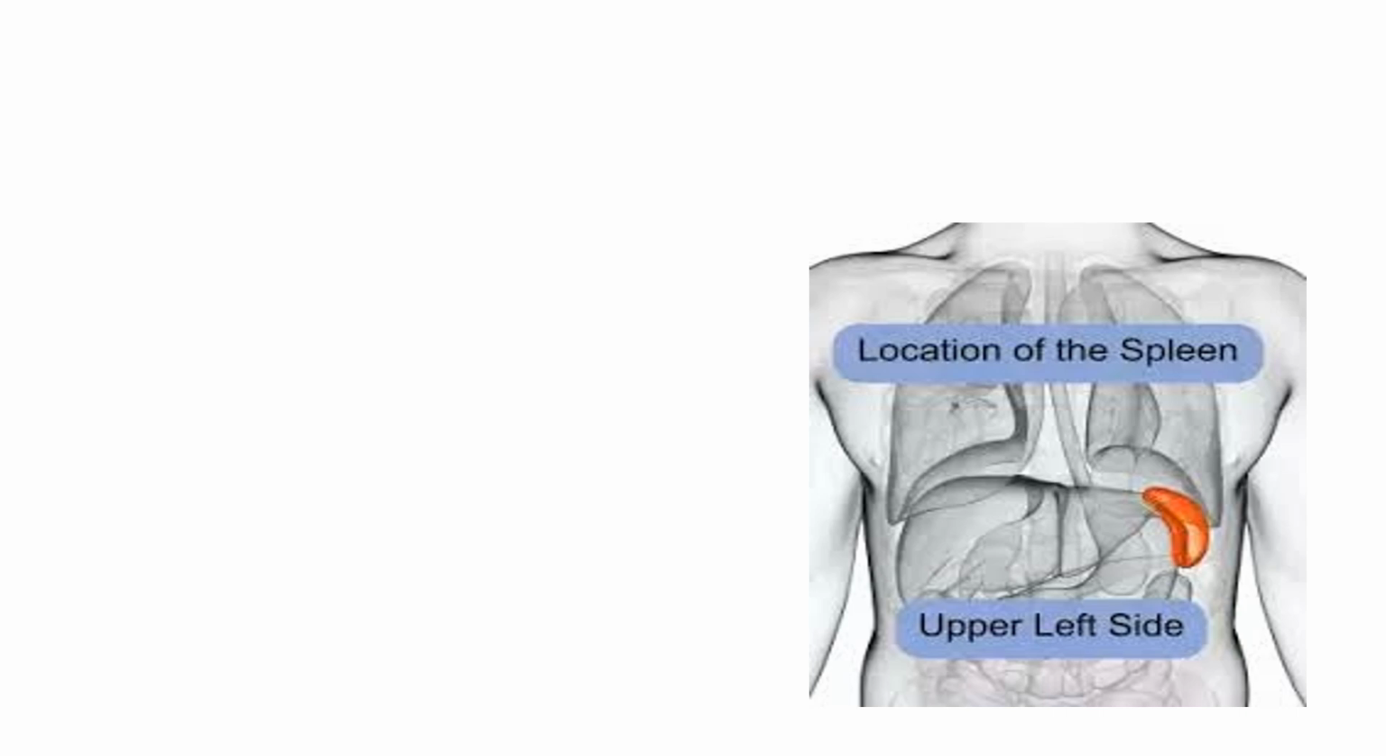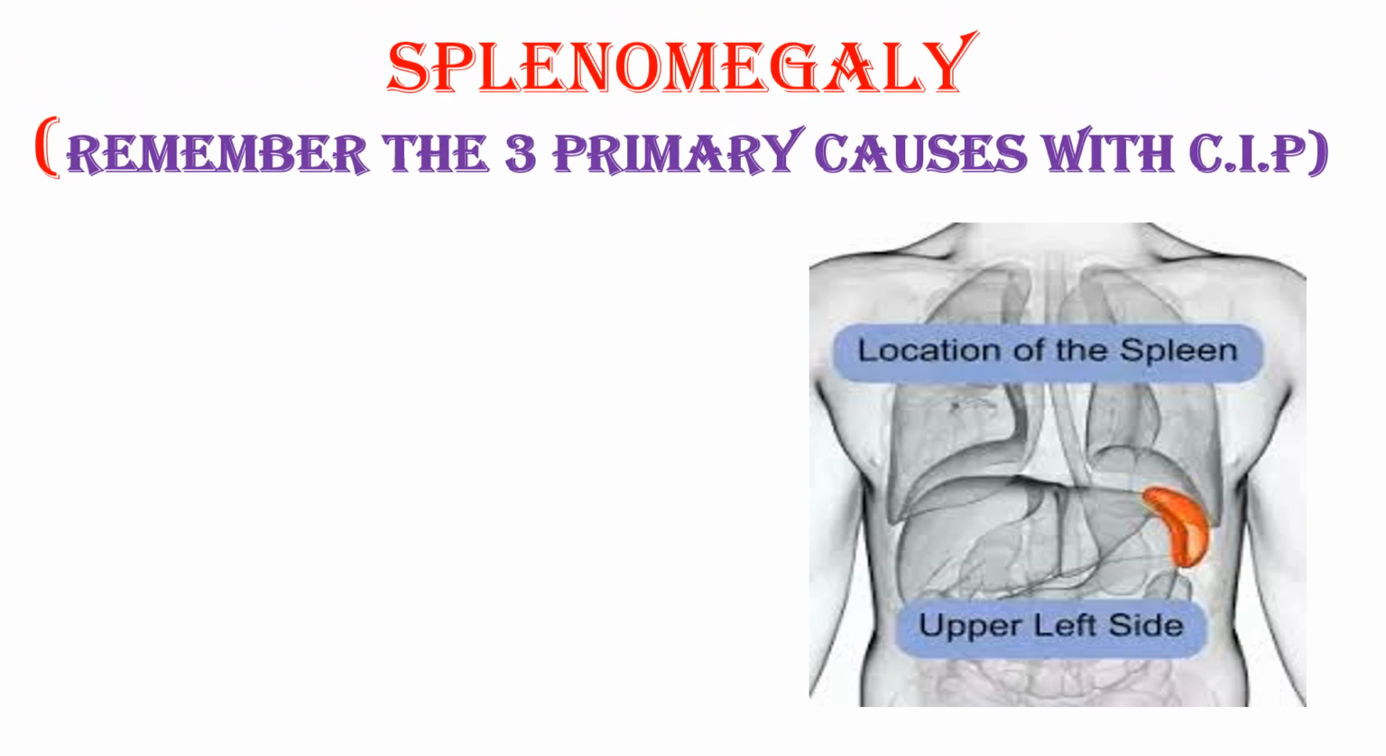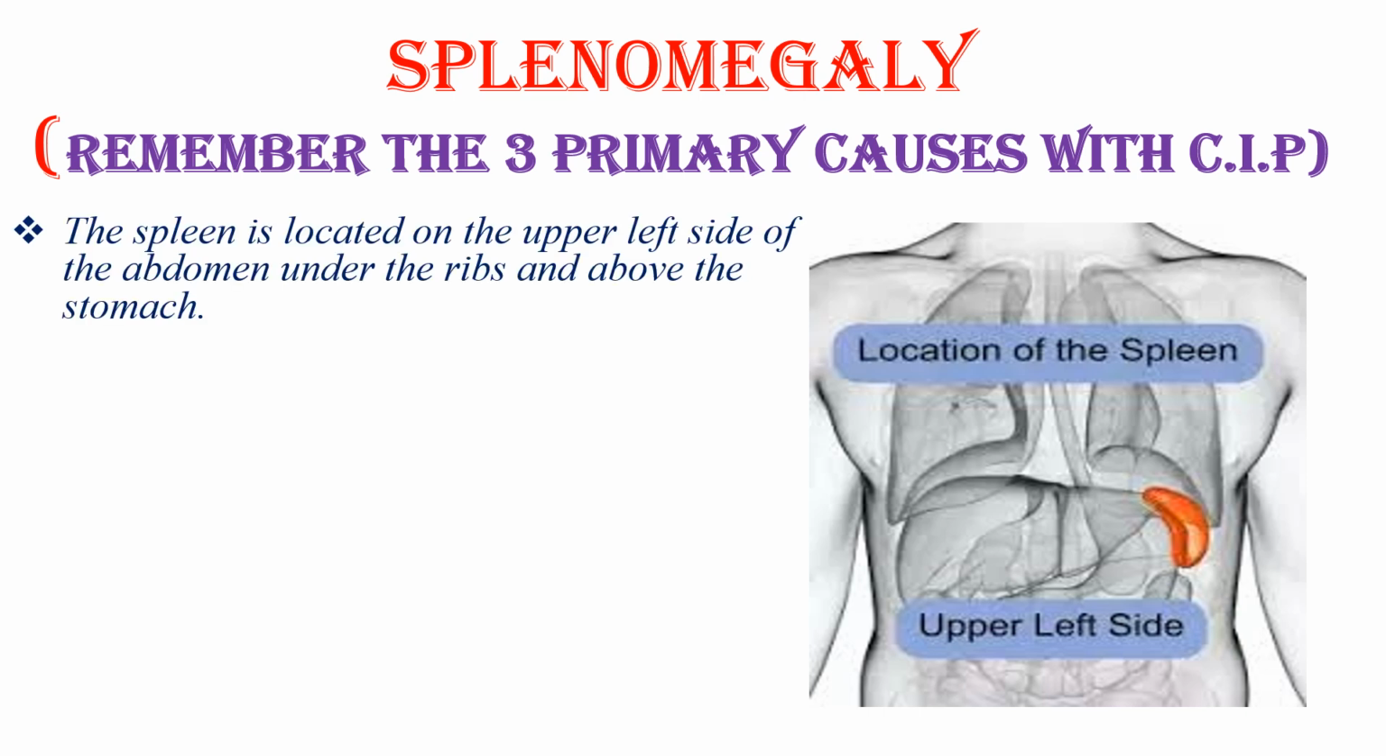Now I will explain how you can easily remember the causes or differential diagnosis for splenomegaly. Just remember the three primary causes with C.I.P: congestive, infiltrative, and proliferative. The spleen is located on the upper left side of the abdomen, under the ribs and above